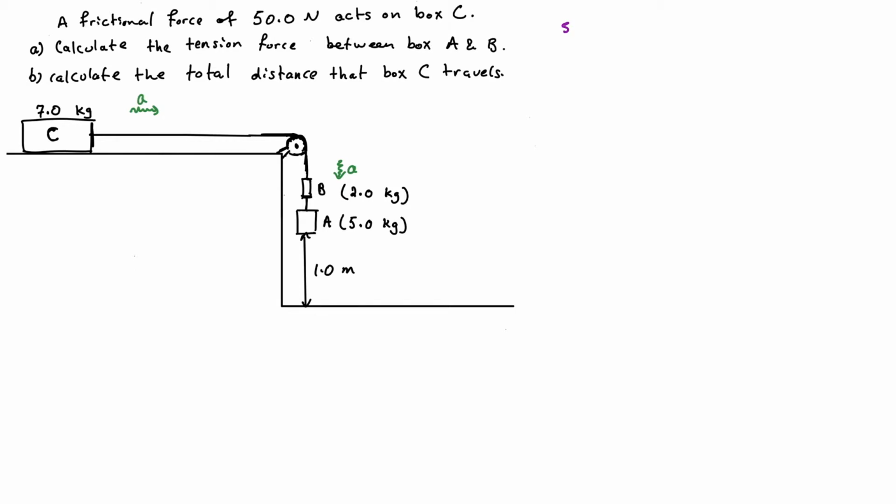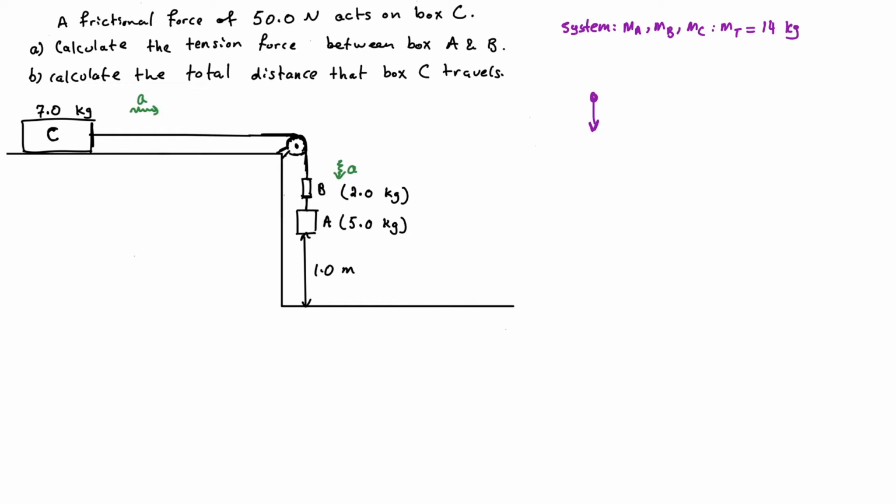We're going to have our system as mass A, mass B, and mass C, and the total mass is going to be 7 plus 2 plus 5, which is 14 kilograms. And I'm going to assume that my system is accelerating downwards,